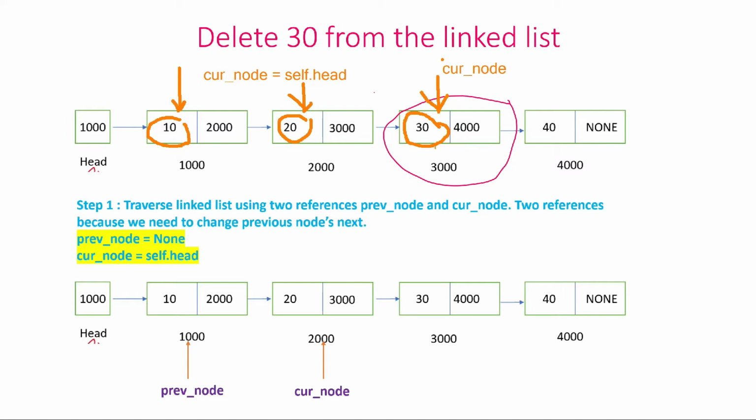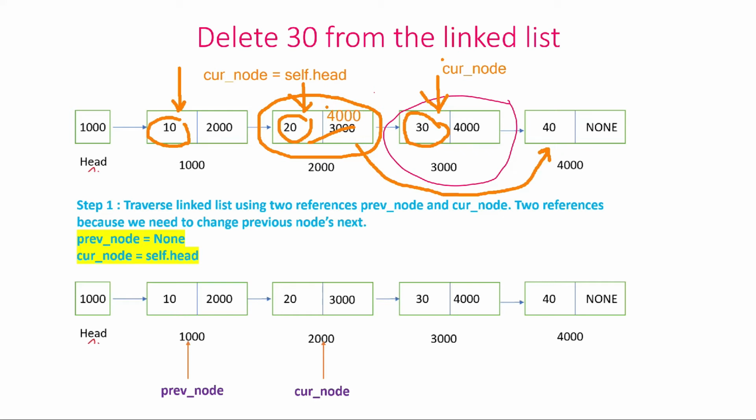But think about it: if you want to delete this particular node from the list, there is the node previous to it. Let's call this node the previous node. Now this node, where should it point to? It should point to the element just after the node which is to be deleted. So this node should point to the node containing 40. What is the reference of it? Let's say 4000. So here instead of 3000, we should have 4000.